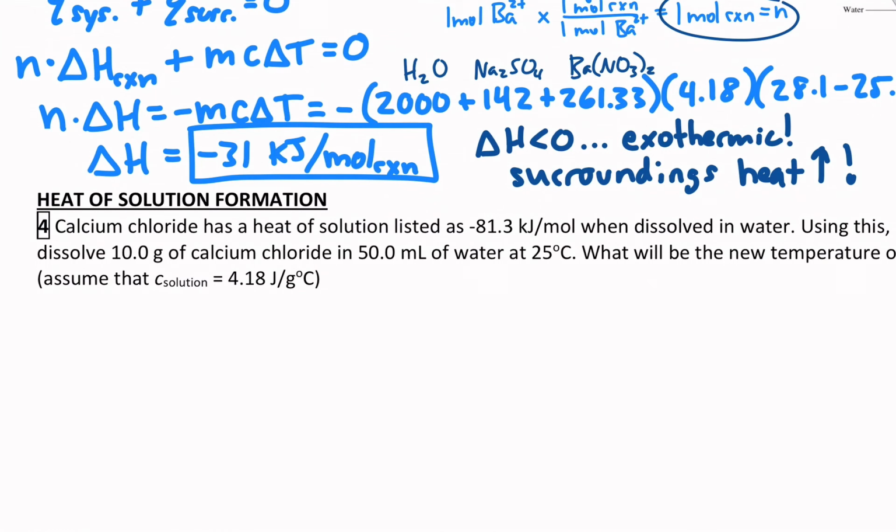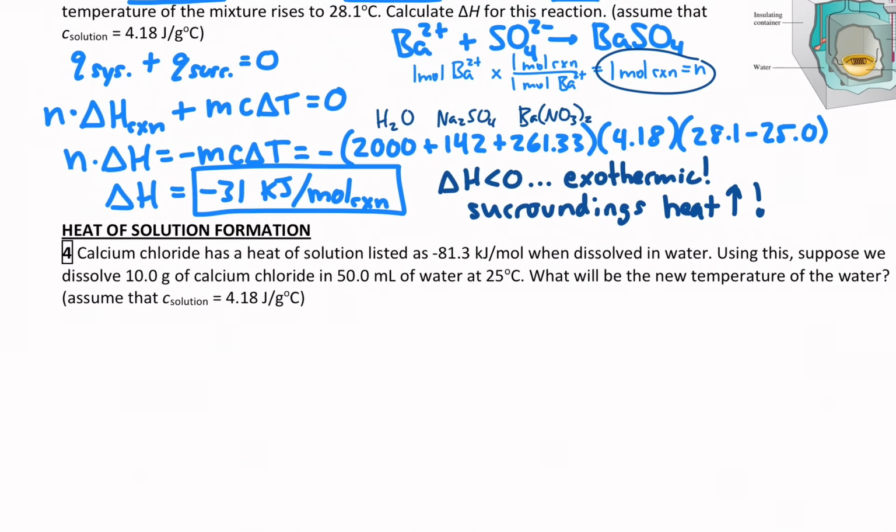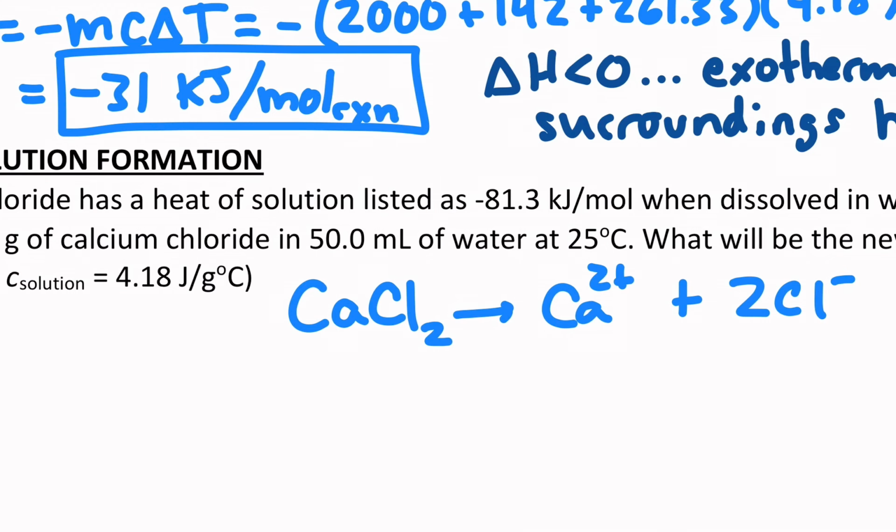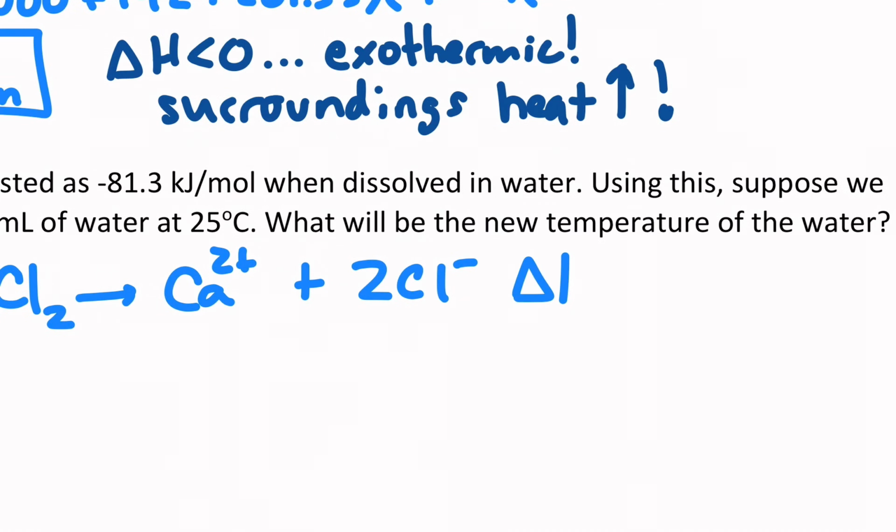Okay, let's try one more. Actually, what I'd like you to do is hit pause and see if you can figure out this last one. It says here we're making a solution, but you can think of it as the same thing as you did for a reaction. They actually give you the heat of solution, so they're making a solution by dissolving calcium chloride, which becomes calcium ion and 2 chloride ions, and that has a delta H of negative 81.3